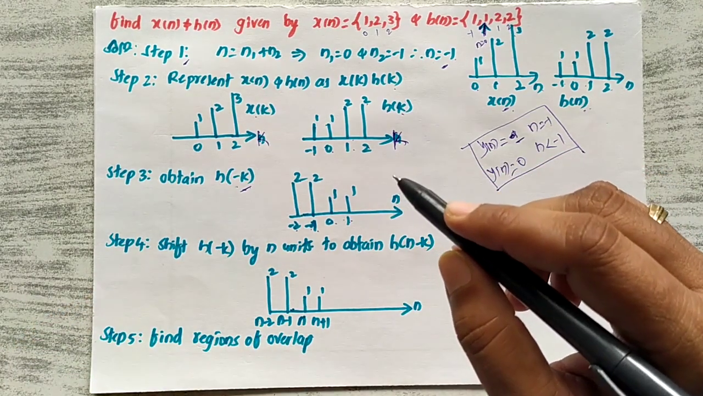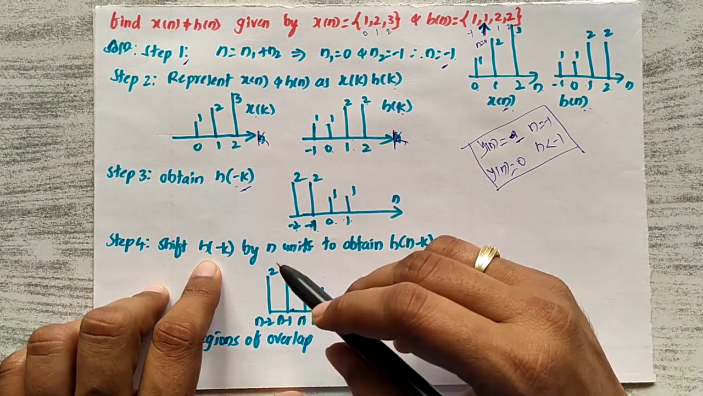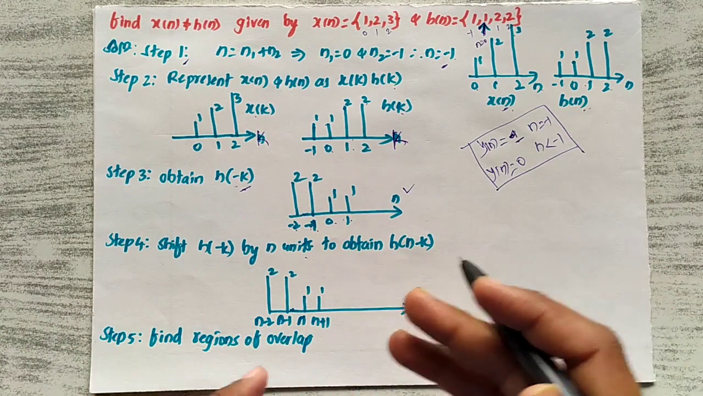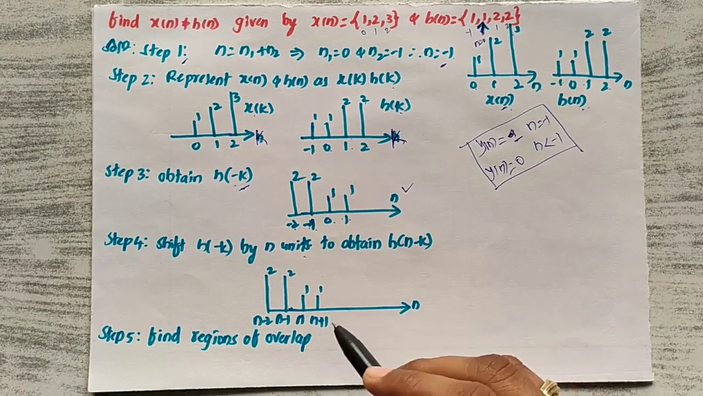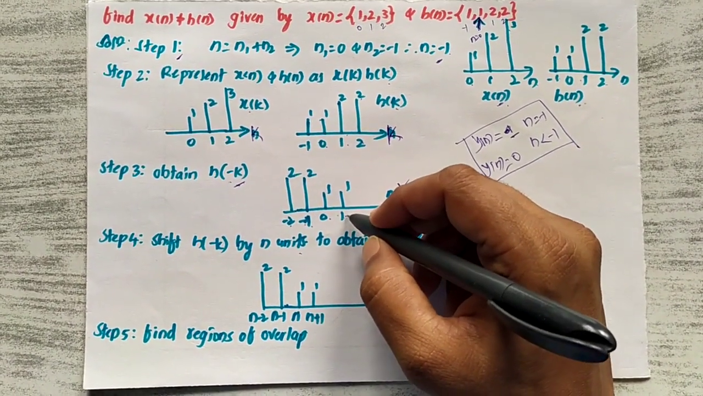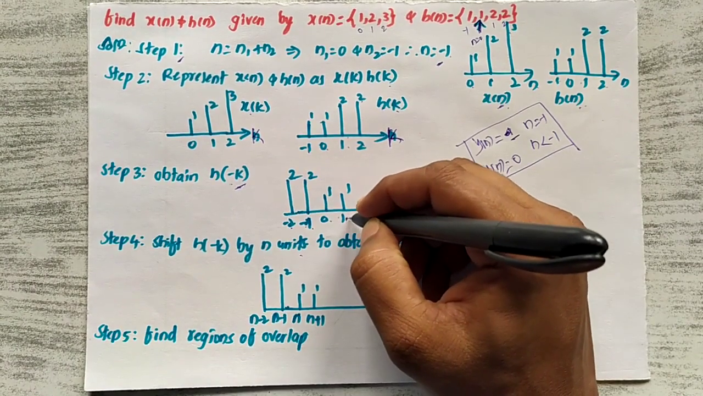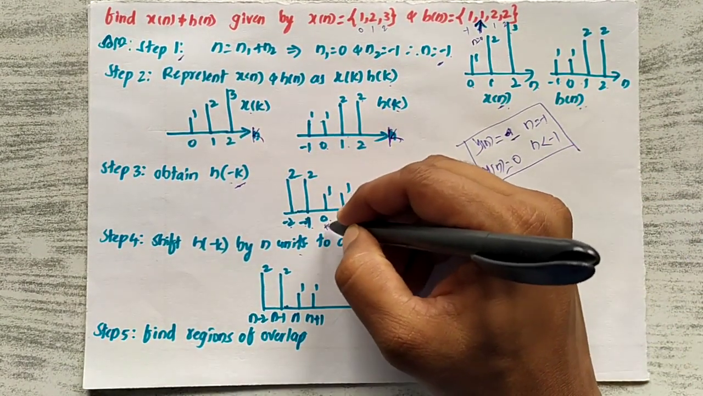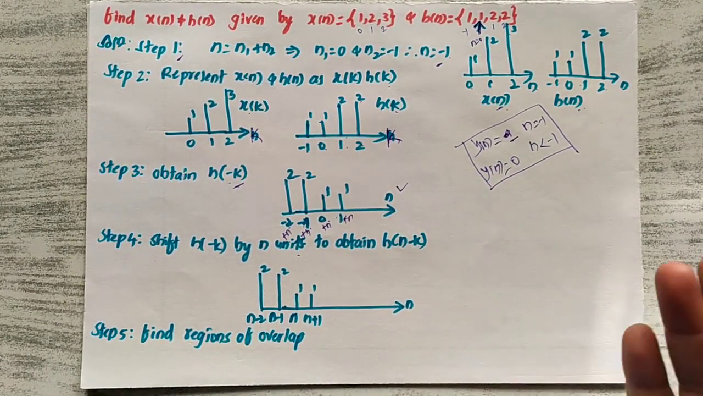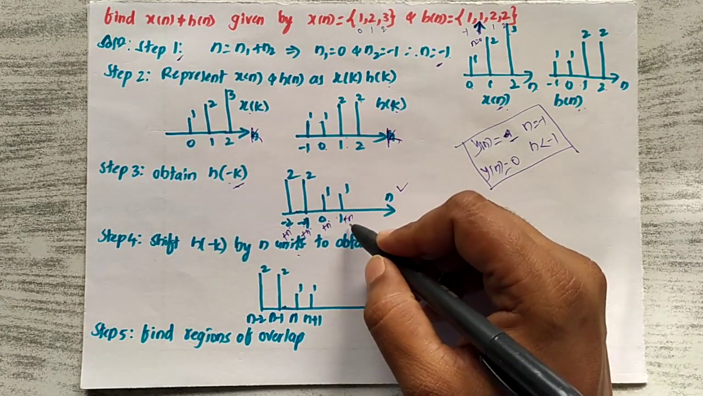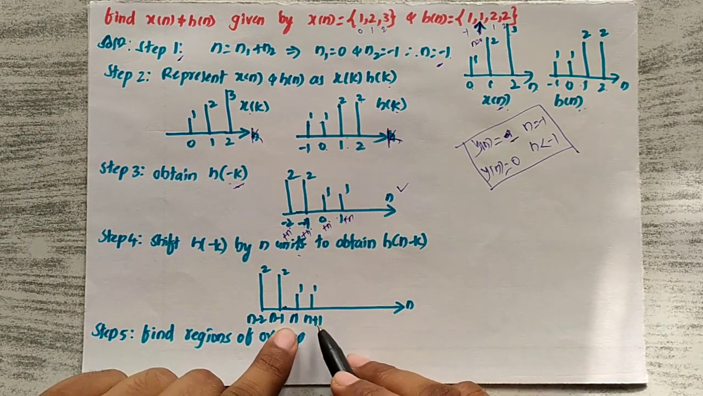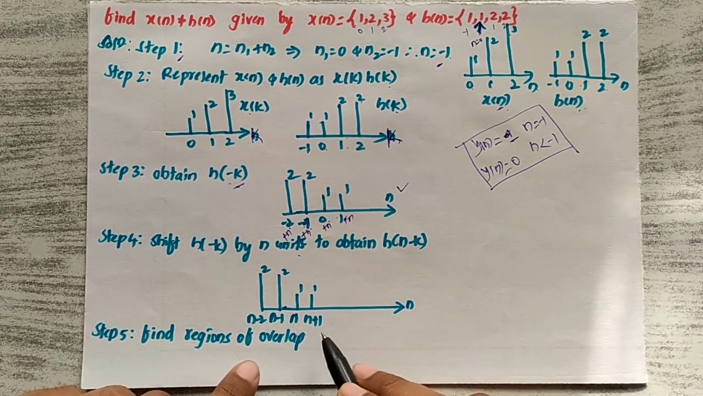Okay, the fourth step says that whatever h of minus k is there has to be shifted by n units. So how will it be? When we shift by n units, each and every index value of k is added with n. So this is nothing but plus n, plus n, plus n. By doing plus n, what happens is a left shifting, because we are doing the plus here. If we do minus, then right shifting happens. So that's why it is n, n+1, n-1, n-2. Okay, now